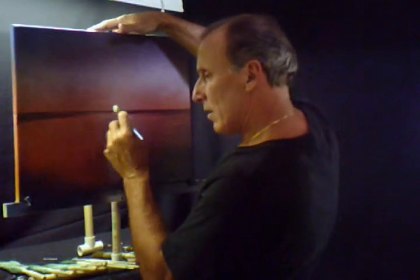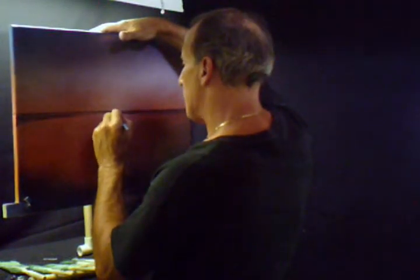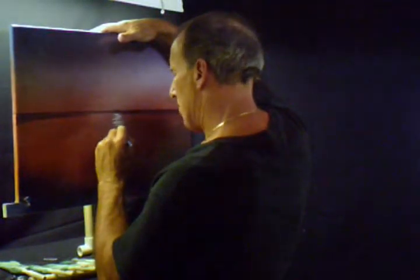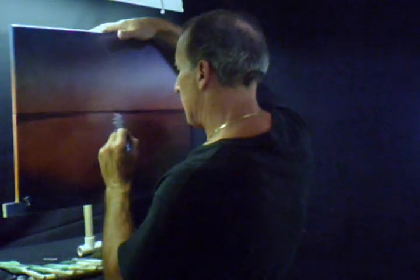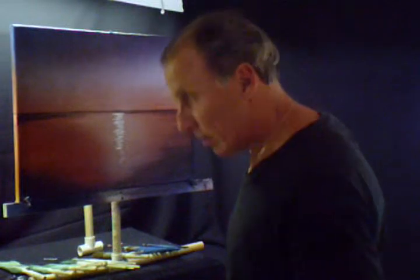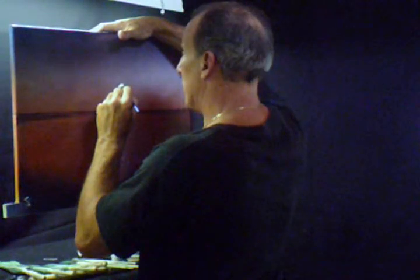Maybe we'll have a line coming right in through here. Who knows? Back and forth. Just like that. Be the reflection coming down, start of it anyways. Grab some more titanium white. Maybe right in here we'll have